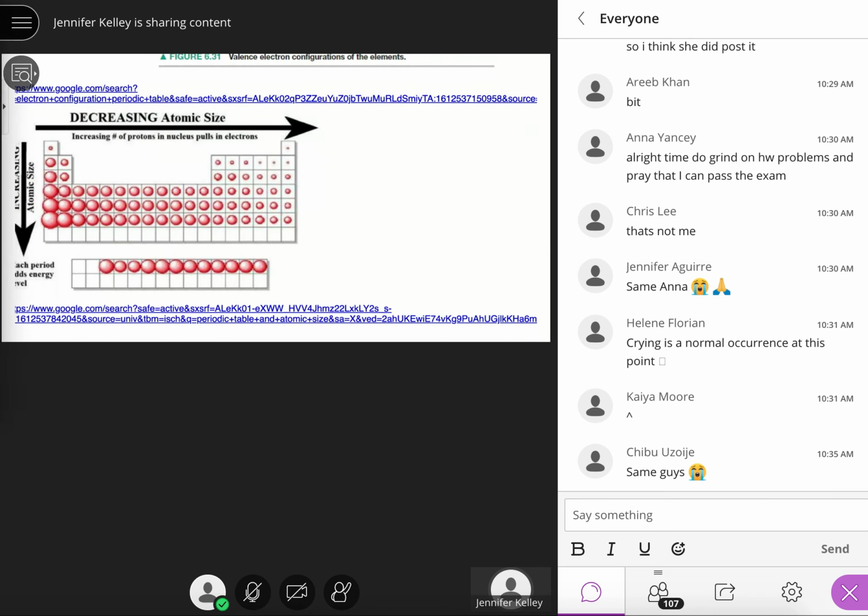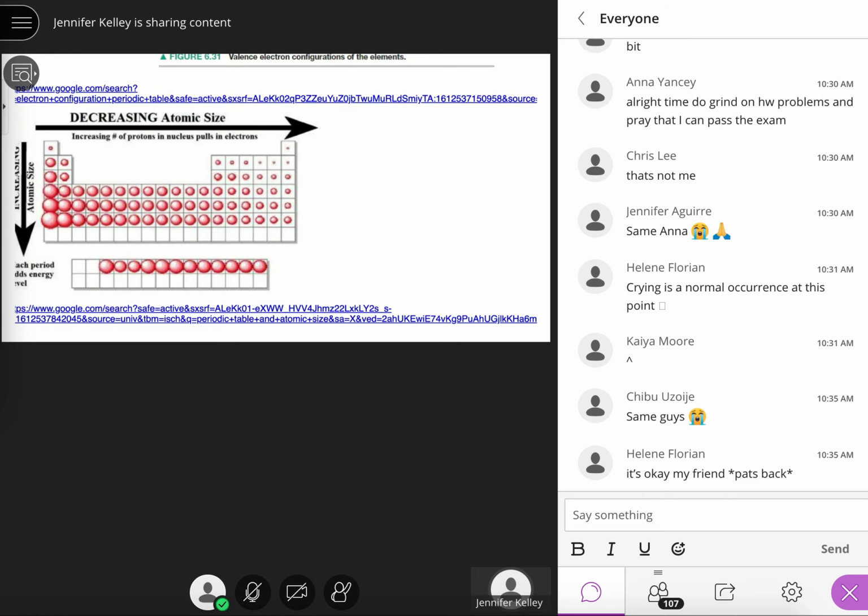All right, so if you're looking at the atomic size, and this is from section 310, you'll notice 2 things. One is that as you go down a column, it increases in size. These are atomic sizes, the atomic radius. So you go down a column, they get larger. As you go from the left to the right, they get smaller. So the small ones are in the upper right-hand side,